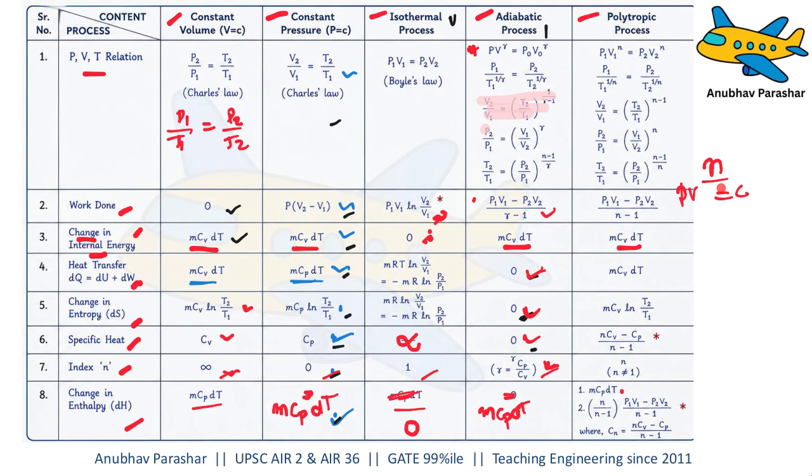So the derivation for the polytropic process is very, very simple. What you simply need to do is replace gamma by n, and you get everything, the same things you will get here. The same thing you will get here. So I'm not separately deriving it for the polytropic process. The only thing you need to note down is that the specific heat for a polytropic process can be given like this: (n Cv minus Cp) divided by (n minus 1). That is the only thing you really need to know. Apart from that,